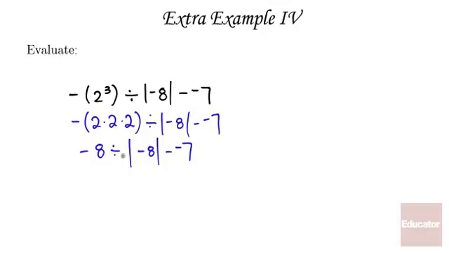So absolute value of negative 8 is 8 because the distance from 0 is 8. So I'm going to write everything else out. Don't forget these signs. Okay, minus a negative 7. Write everything else out exactly the way it is. So negative 8 divided by 8 minus negative 7. I have to divide before I subtract, right? So do this next. Negative 8 divided by 8